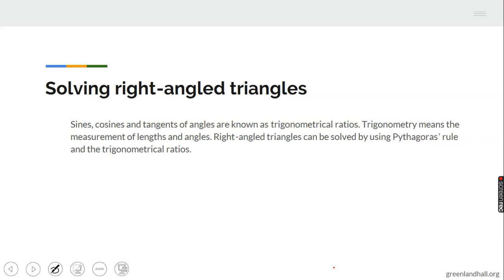Solving right-angled triangles. The ones that we just did now are the practical application of sine and cosine. Now, the next thing that we want to talk about is solving right-angled triangles. How do you solve a right-angled triangle? Which method do you use? We use the Pythagoras rule and we use the trigonometrical ratios. And the trigonometrical ratios involve